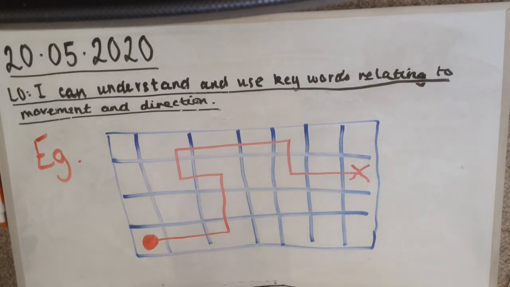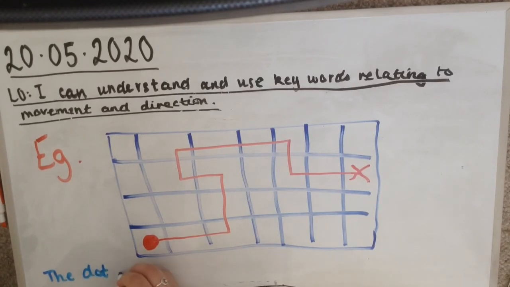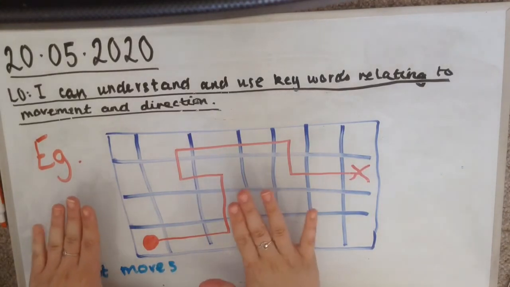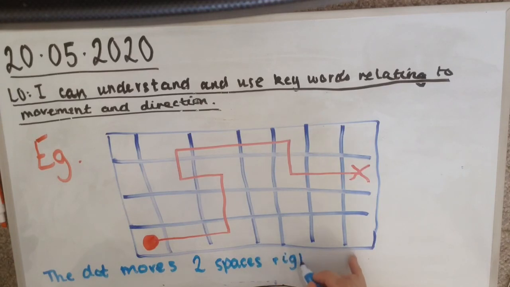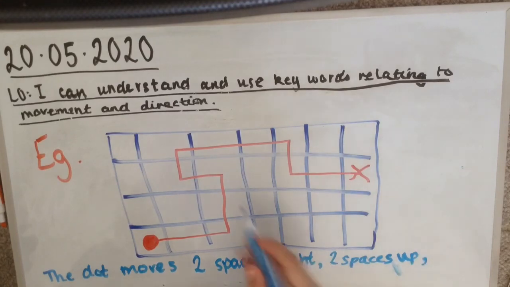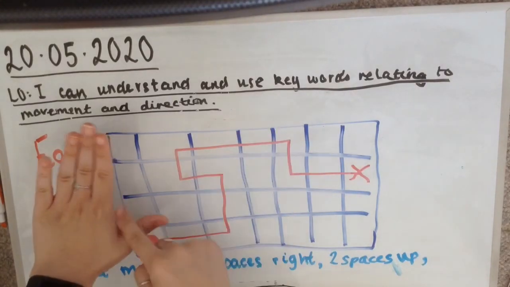So, my red dot moves 2 spaces to the right, comma, because I'm listing, 2 spaces up, it then moves 1 space to the left because of my L,